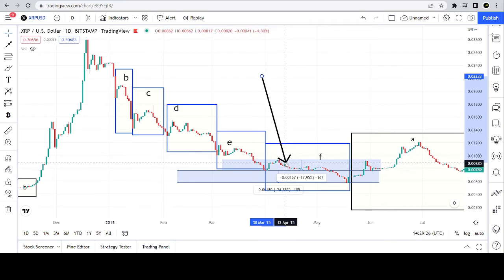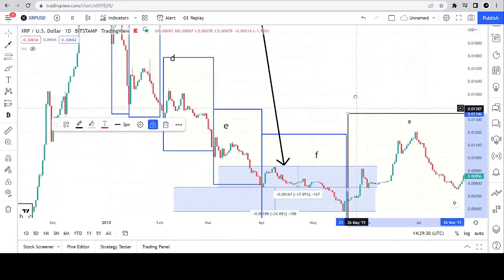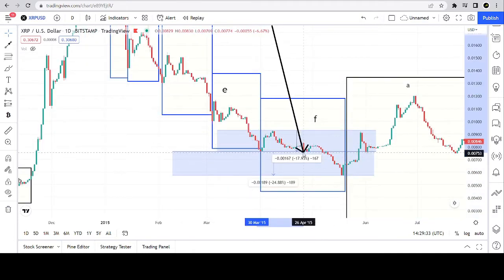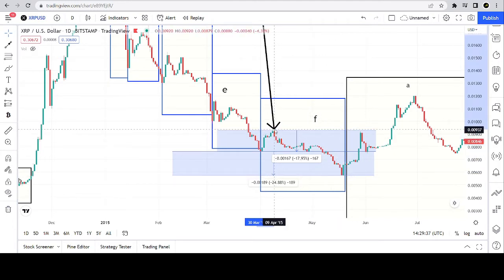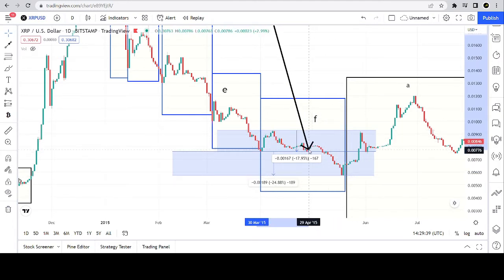There's that little push up that it did, that push back up. It's kind of small. Let's zoom in a bit. After which it comes down, makes that peak, and then that swoop down to the capitulation point. So from the top of this peak down to the bottom of this trough of this peak was a